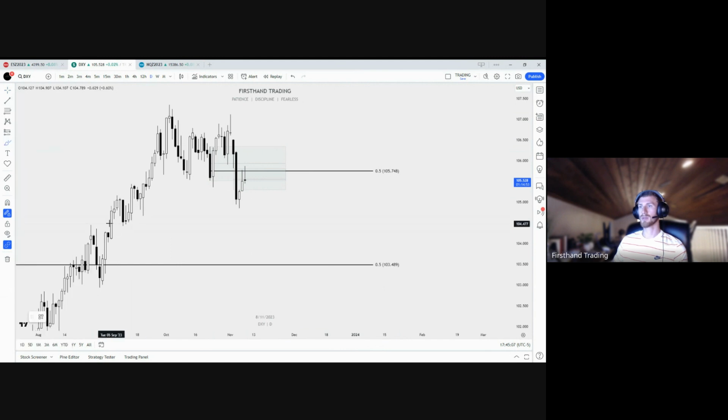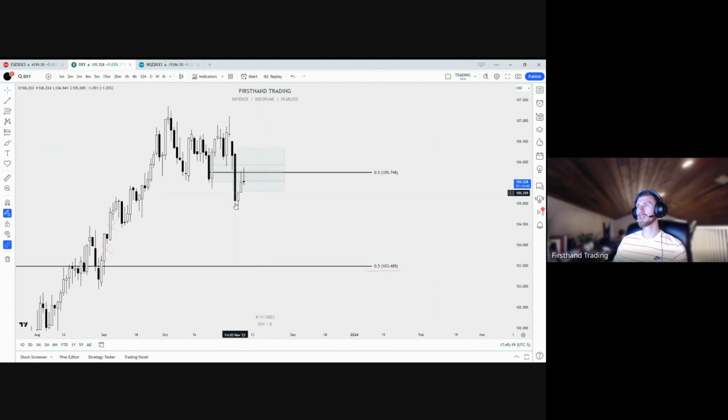Right, I could potentially see us come visit this area, and then overall come visit this area here. That's kind of my eye with regards to sell side and where we could go. A couple things that would invalidate that. It's hard to tell right now just because of where the market's at and how we've been pushing up so